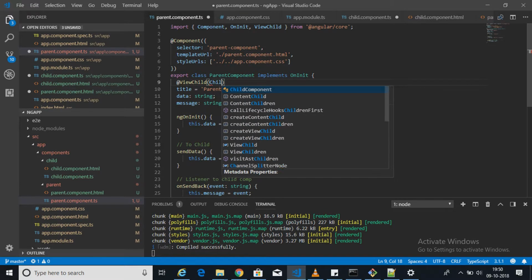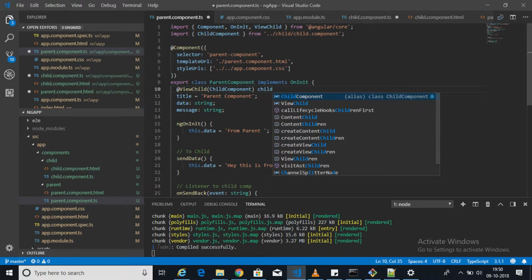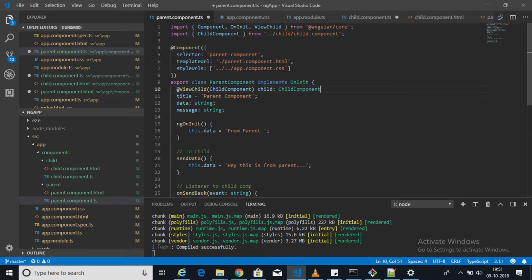ViewChild is a decorator from the Angular core module. So this is the syntax of creating a reference variable of the child component using ViewChild.